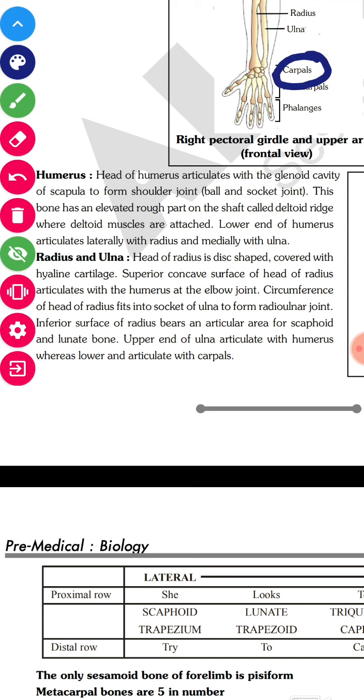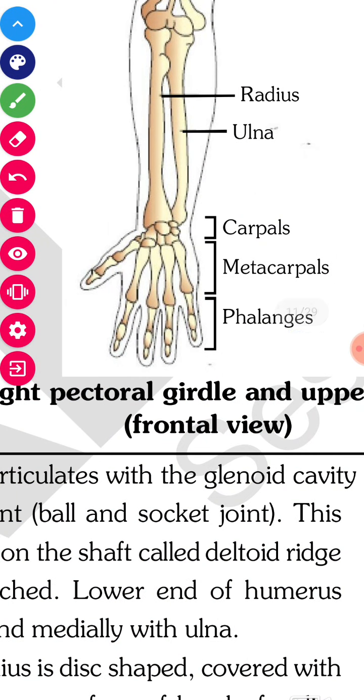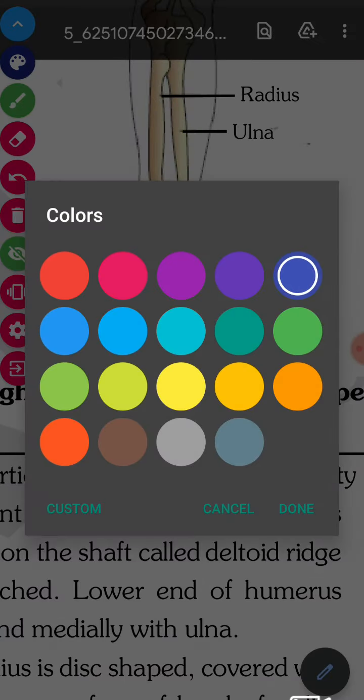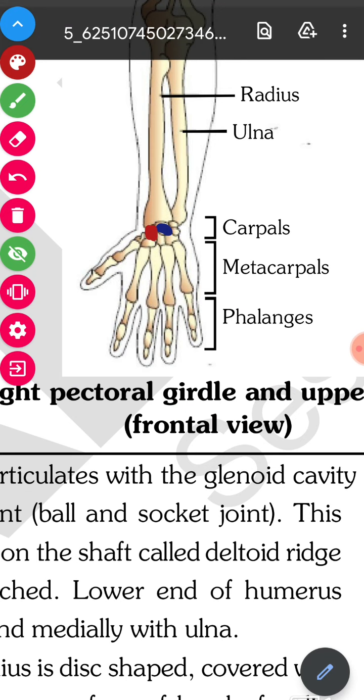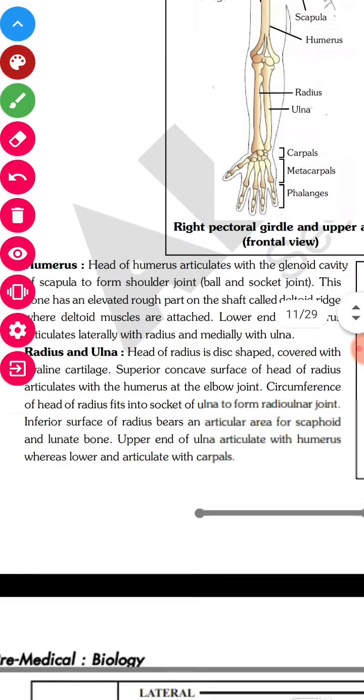We saw that in carpals there are 8 bones. Out of the 8 bones, 2 bones, one is called the scaphoid and one is called the lunate. Let's zoom out, I'll tell you where. See now over here, these are the carpals, 7 carpals. Now this is the radius, and this radius is attaching with 2 bones. You can see one is this, and the other one is over here. So these 2 bones of the carpal are named the scaphoid and lunate bones.